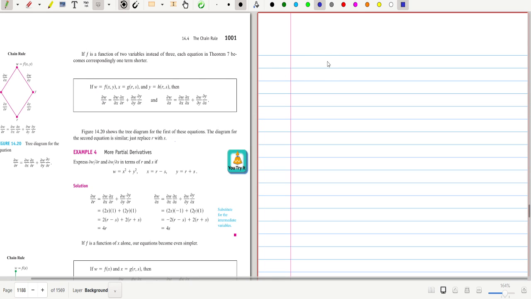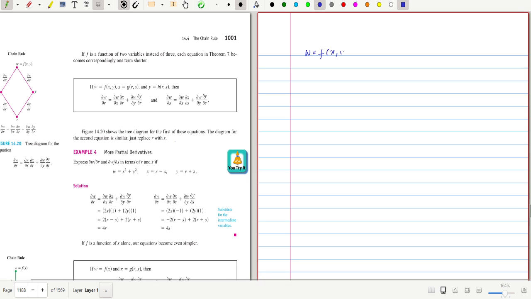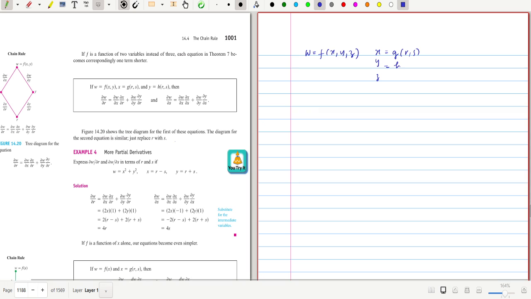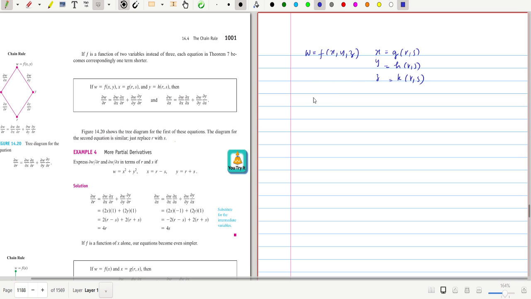In the last class, we discussed the partial derivatives of w if w is defined as f of x, y, z, and each of x, y, z is a function of r and s. Say g of r and s, this is h of r comma s, and this is k of r comma s. If this is the case, then we have defined the total derivative, the partial derivative of